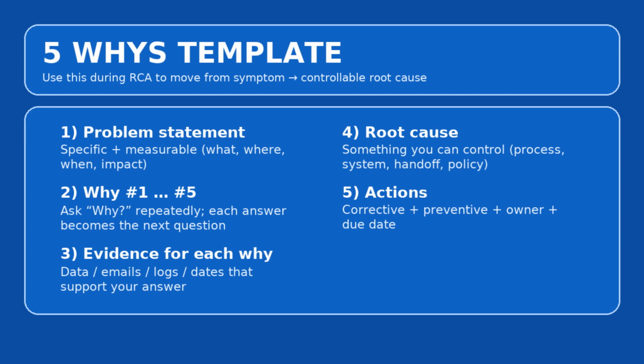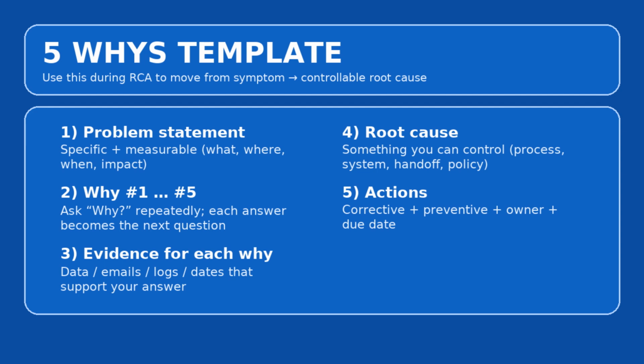The second step is you're going with the 5 whys. Move from symptom to process or system cause. Ask one why at a time. Each answer must be a cause, not a blame statement. If the answer is because X, ask why did X happen? Why late? Development delivered modules late. Why was development late? Rework due to requirement changes. Why the requirement change? Approvers reviewed after the demo. Why reviewed late? Approvers not included in the workshop. Why not included? RACI approval not defined. Stop early if you hit the real controllable cause at 3 to 4 whys. 5 is a guideline, not a rule.